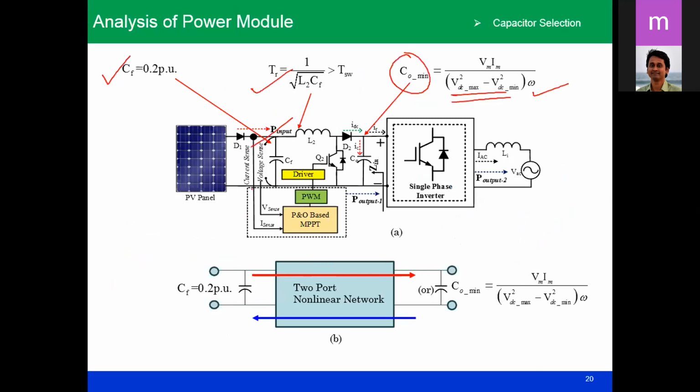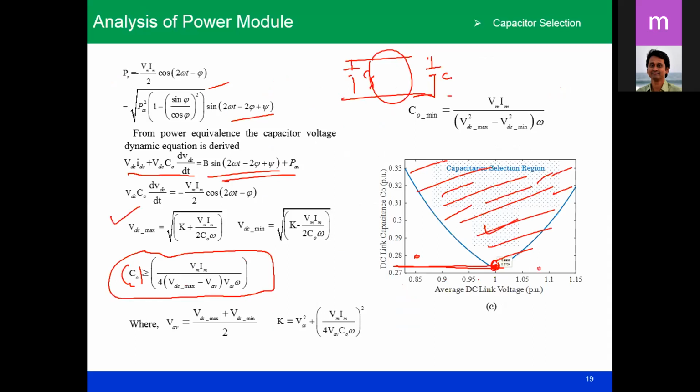But as per the two-port network theorem, here is the input port and here is the output port, let us say, and we have this capacitor and this capacitor. So which one to select? It should be compatible with the two-port network theorem. That means if I convert this capacitor to the primary side, it should be 0.2. Again, if you convert this capacitor value to the output side, it should comply with that capacitor. Generally, if you select CF 0.2 and reflect it to the boost converter, the output side impedance will be very low, or the capacitor value you get will be out of this boundary. You may find it here or here, so out of the boundary.